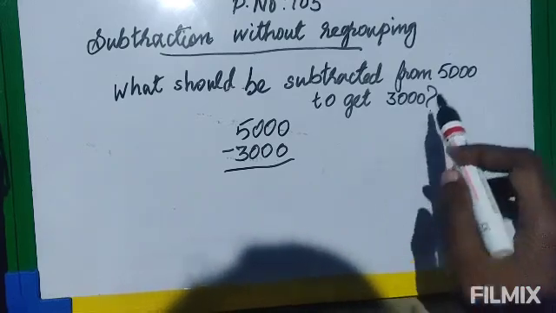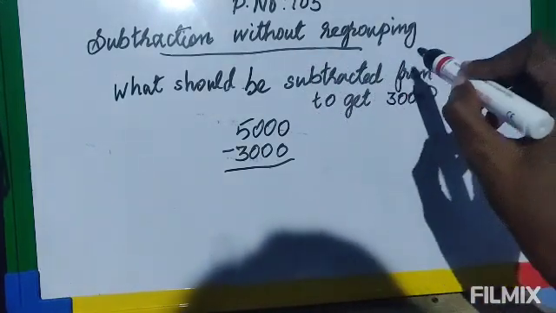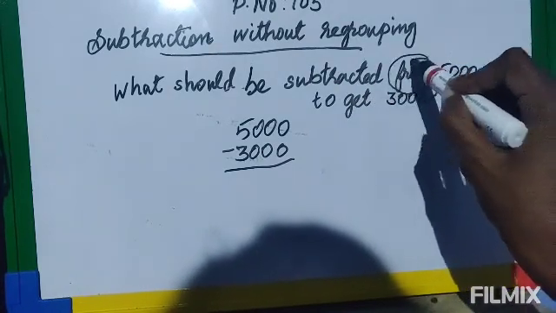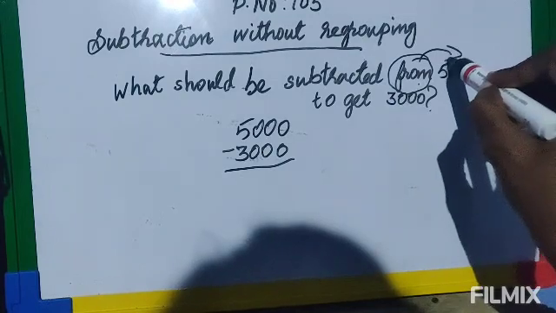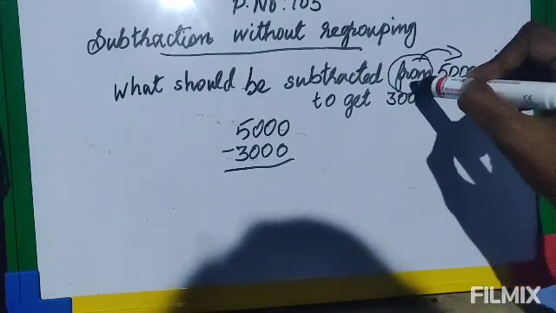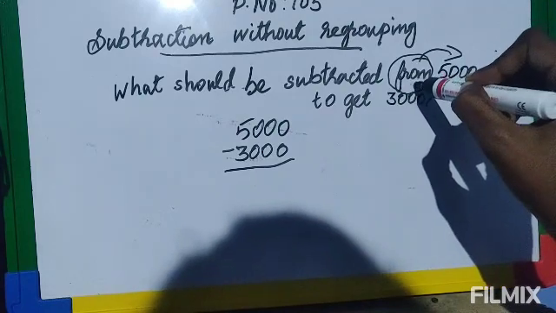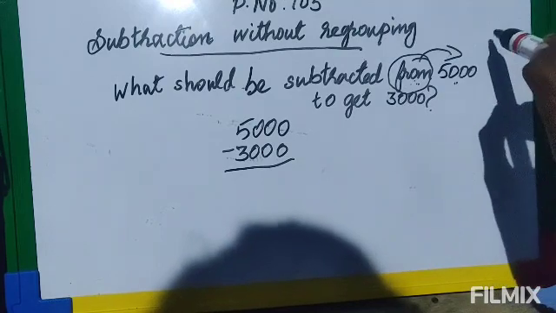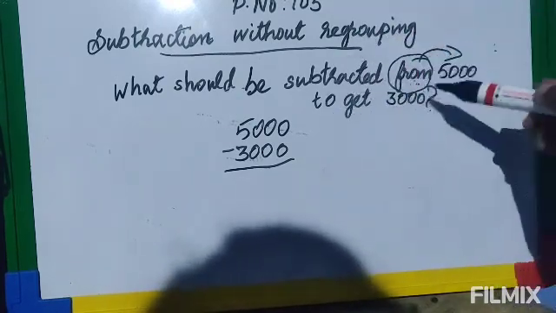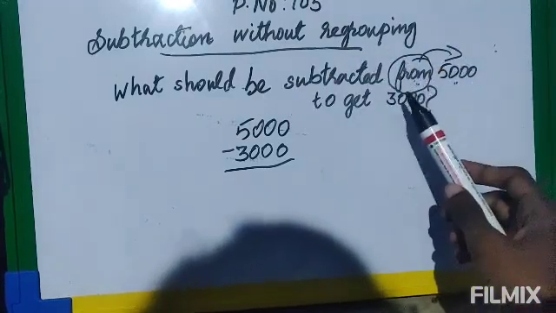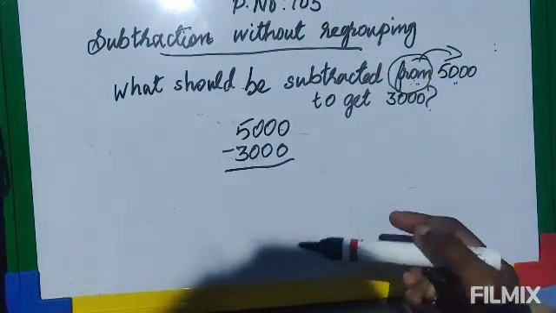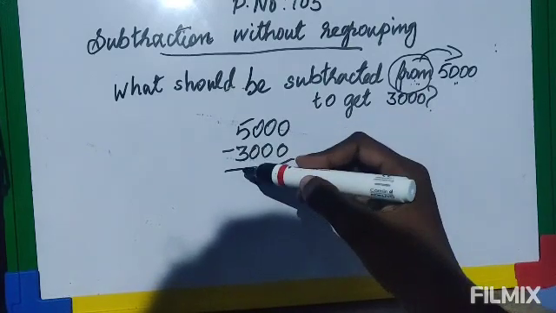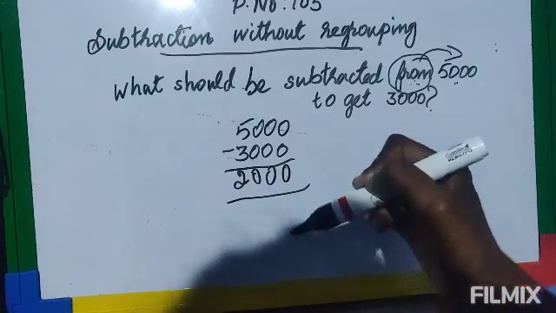Okay, another way I will say: if you know that you have to subtract, then look for the word "from." After "from," whatever number comes, that only you have to write first. Always remember, if it is a subtraction, surely there will be "from" given like this. After "from," whatever number is given, you write that first, then you write the other number at the bottom and minus. So now 0 minus 0, 0. 0 minus 0, 0. 0 minus 0, 0. 5 minus 3, 2. So the answer is 2000.